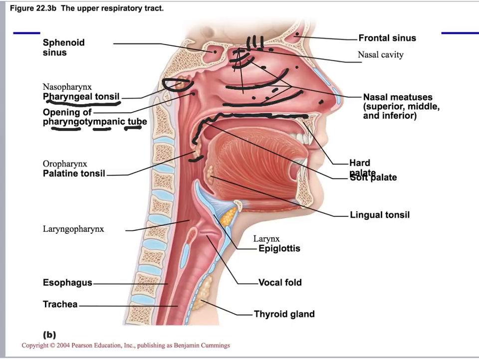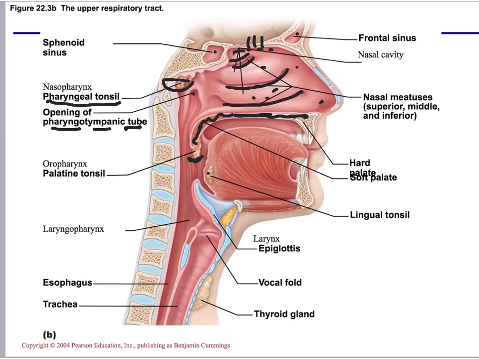Down in here, we have the pharyngeal tonsils over there. Back here, not the base of the tongue underneath it, but the posterior section where we have the soft palate, we have the palatine tonsil that's located there, and then these are the ones that are called the linguals. So in the lymphatic system, we'll learn that the job of the tonsils is to clean the air, and